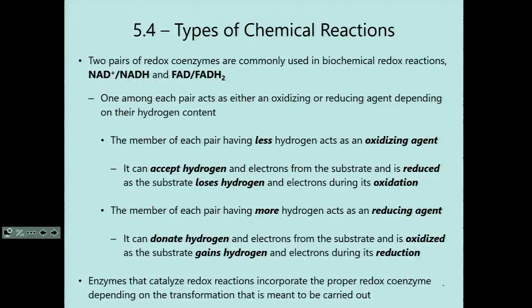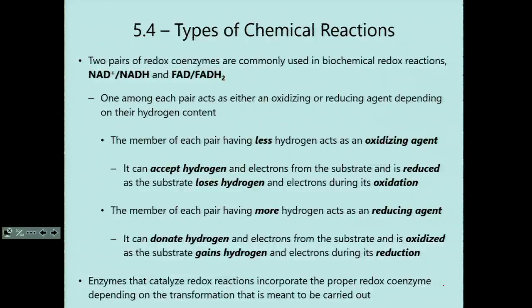Something needs to be there to trap, catch, gain those hydrogen atoms, and that's the substance that then becomes reduced in the process. So when you're looking at redox transformations in biological systems, you need to pay close attention to which direction the reaction is going and which of the coenzymes is being carried by the enzyme. If it starts with NAD versus NADH, that completely changes whether the reaction is going in an oxidation or a